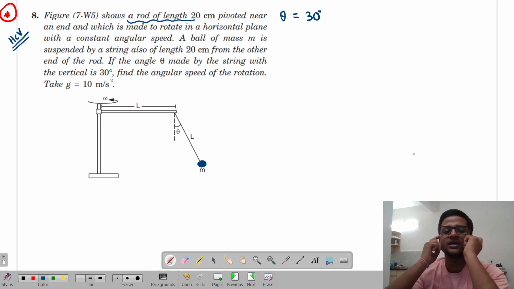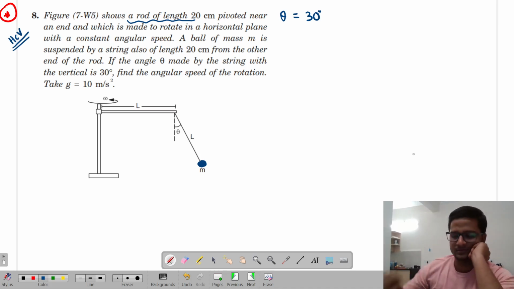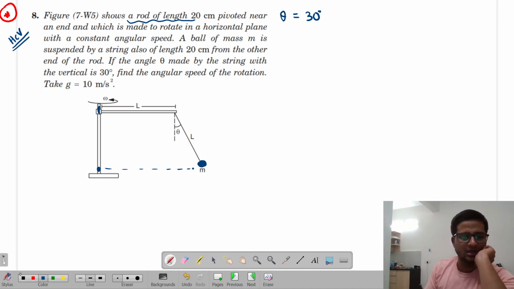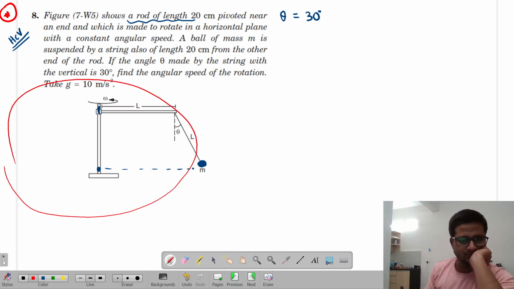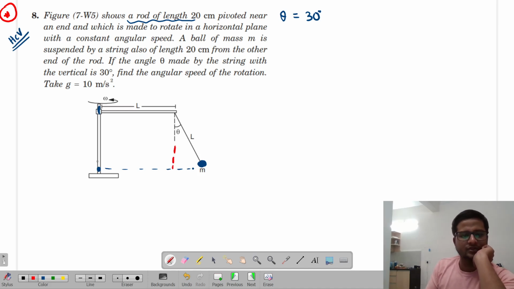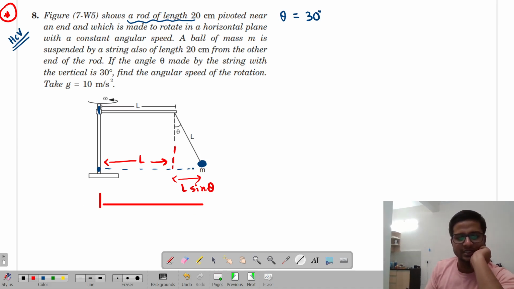अच्छा बताओ, इस पर्टिकुलर सर्कुलर पाथ की रेडियस क्या होगी, पहले वो बताओ मेरे को। सोचो जरा। बेटा एक बात बताओ, सेंटर तो यहाँ है ना, मास यहाँ पे है, तो ये जो मास है ये कहाँ पे सेंटर पकड़ के घूम रहा है? क्योंकि ये पाइवटेड है यहाँ पे, तो ये मास एम कैसे घूमेगा, यहाँ से ये बड़ा सा सर्कल बनाएगा ना, इसको रेडियस मान के। तो बेसिकली जो रेडियस हुई वो क्या होगी, ये लेंथ तो एल हो गया, ये एल है ये थीटा है, तो ये लेंथ कितना होगा, एल साइन थीटा। इसकी जो नेट रेडियस हुई वो हुई कितनी, एल प्लस एल साइन थीटा।